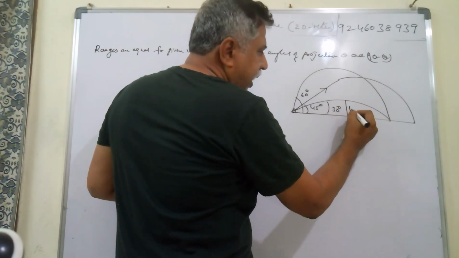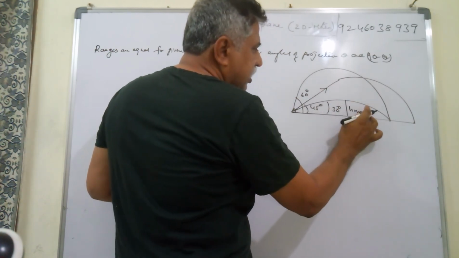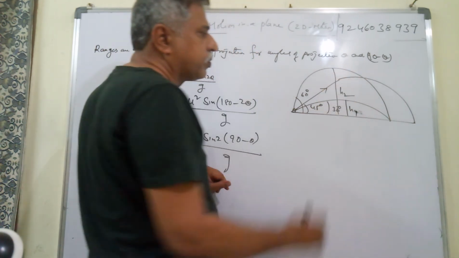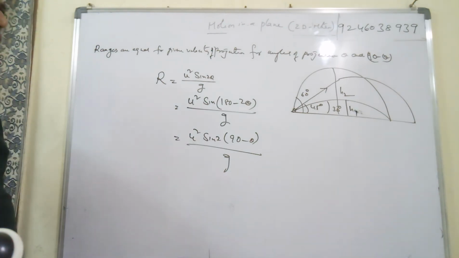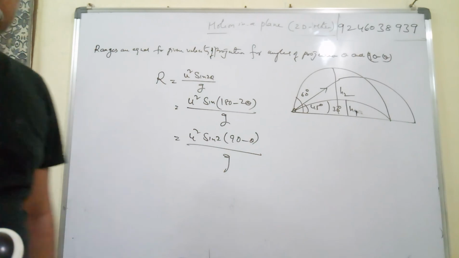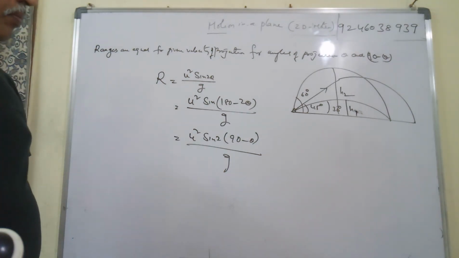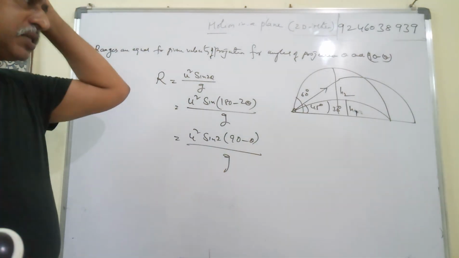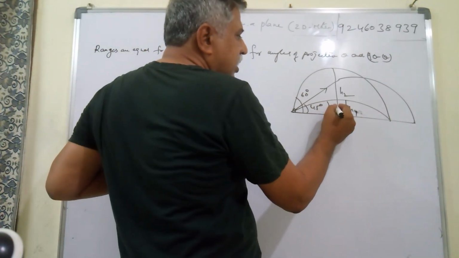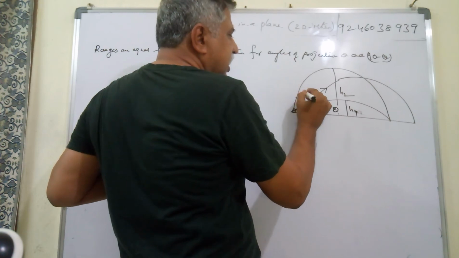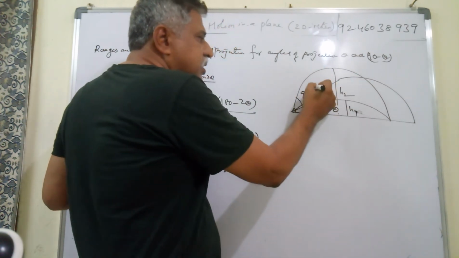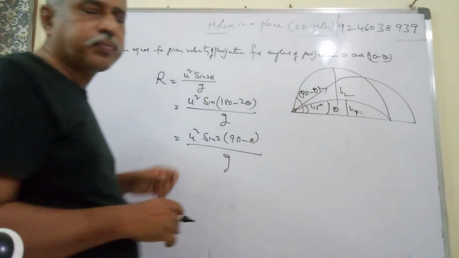But the maximum height reached is H1 for one and H2 for the other. H1 and H2 are different. The maximum heights reached by the projectile are different, but the ranges are equal here. From this we write H1 plus H2. That means it is theta and 90 minus theta. If theta is equal to 30, it becomes 90 minus theta, that is 60.